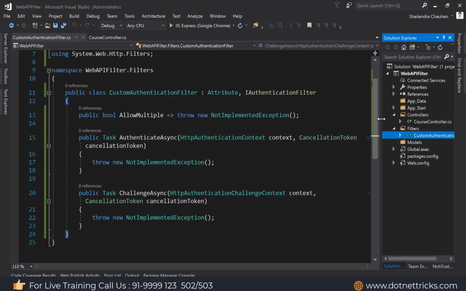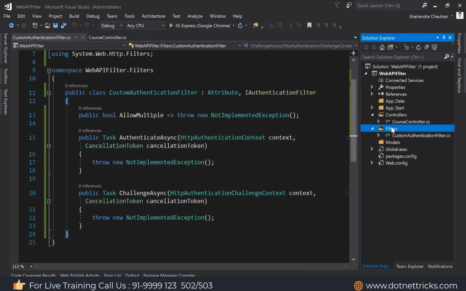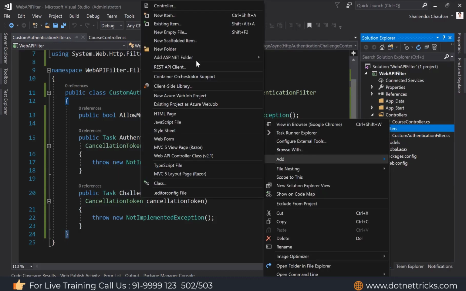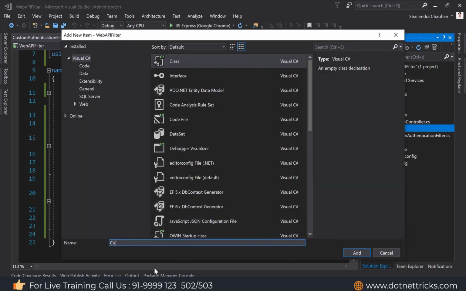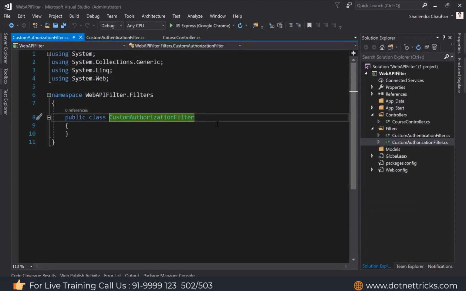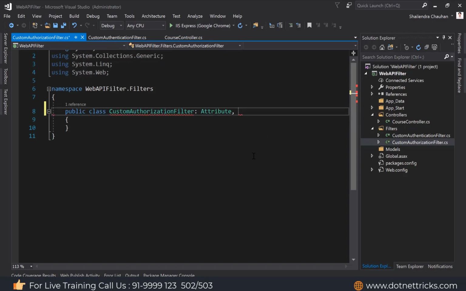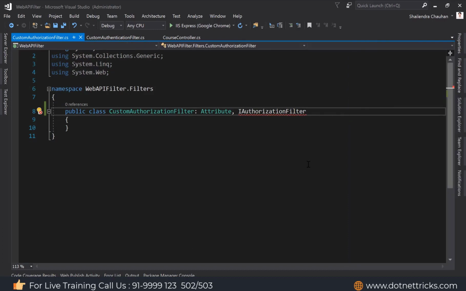So what I can do here is add one more filter. Let's add a class, and I'm naming this class CustomAuthorizationFilter. This class we need to inherit from Attribute and the IAuthorizationFilter interface.